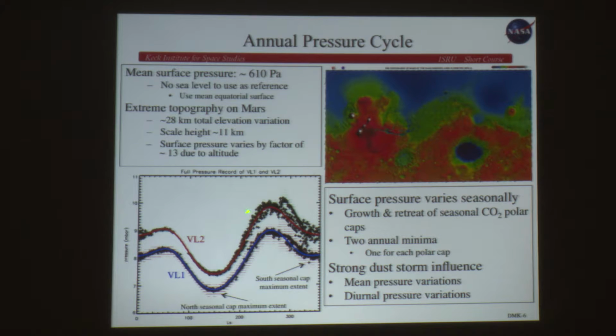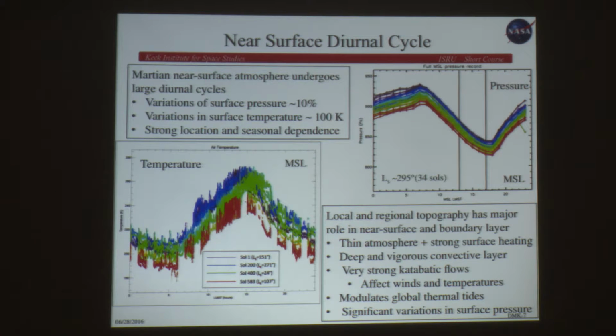You will also notice, looking in here, that towards the second half of the Mars year, you get a lot more variability day to day. This is due to the amount of dust, and then during a huge global dust storm, you see this very large excursion in surface pressure. So even if you are at a given location, your surface pressure will vary a lot, much more than even a hurricane varies the terrestrial surface pressure. As noted earlier, Mars is a place of extremes. Not only does it have extreme weather over an annual cycle, it also has extreme weather over a diurnal cycle.